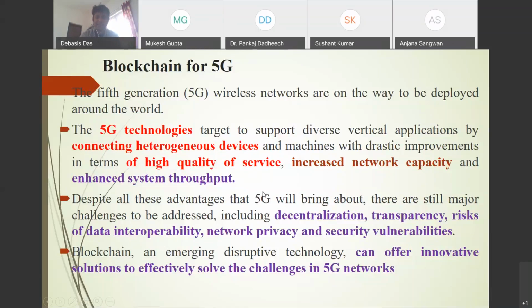And this one is basically decentralized. With transparency, there are fewer risks in the case of interoperability, and network privacy and security are there. Blockchain technology is then an efficient solution for 5G challenges. A large number of 5G challenges are there, so we can use the blockchain concept, and blockchain means four properties: decentralization, transparency, immutability, and finally security and privacy. Then it resolves a large number of issues in the case of 5G